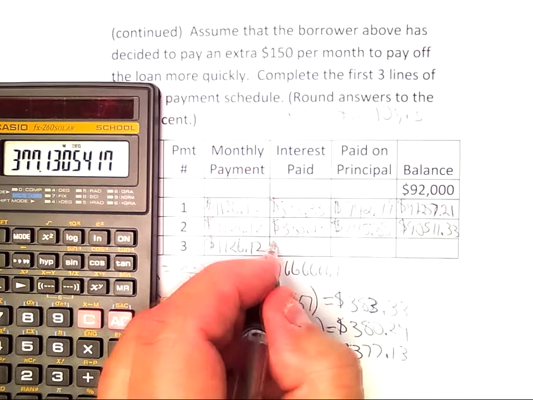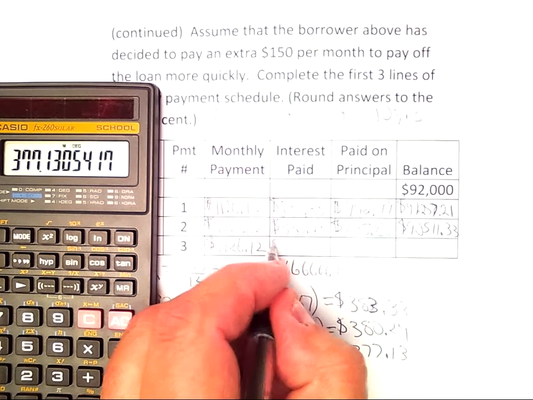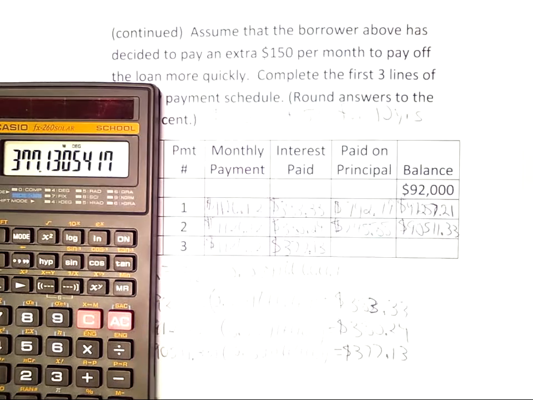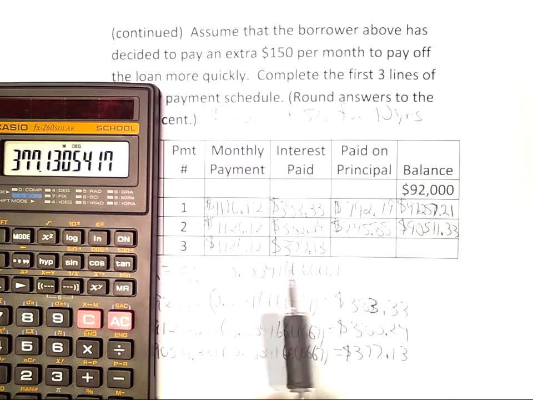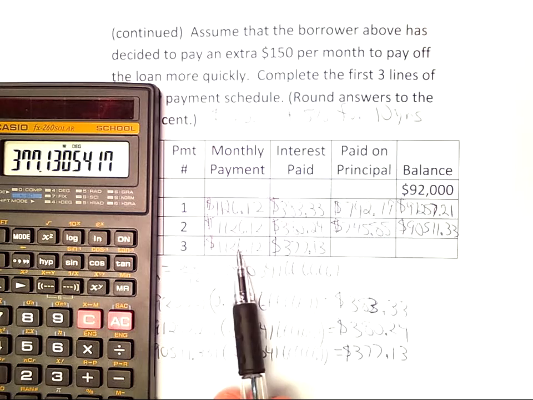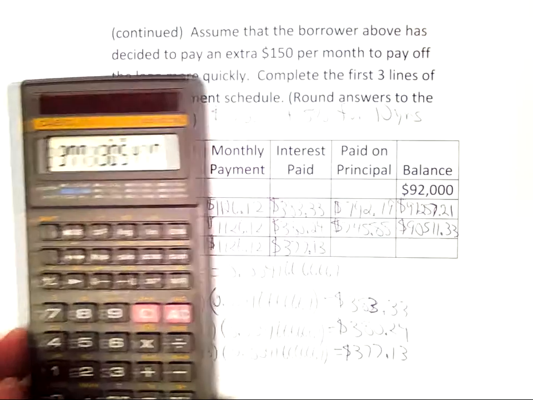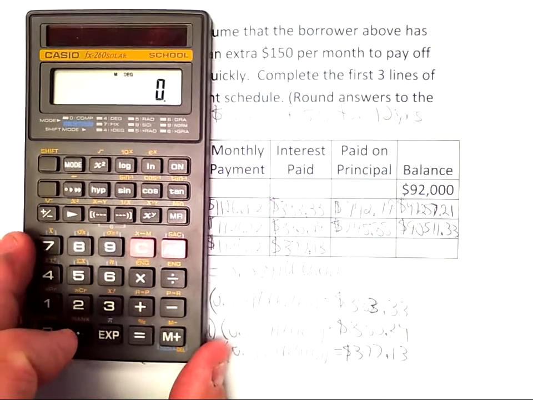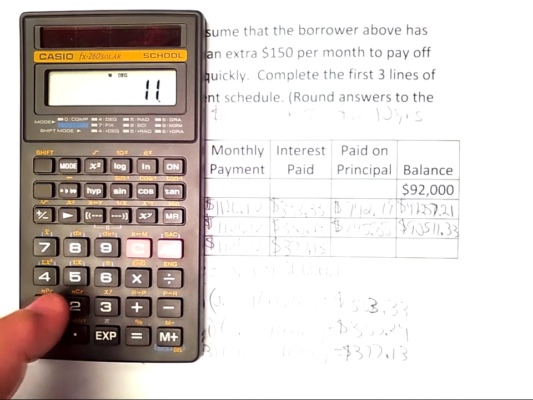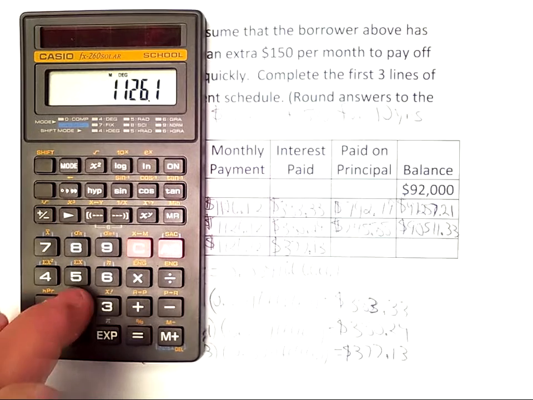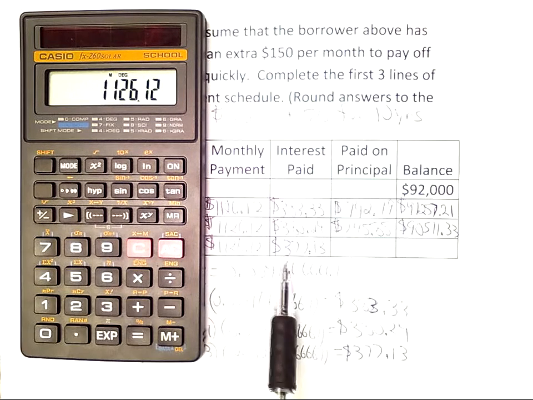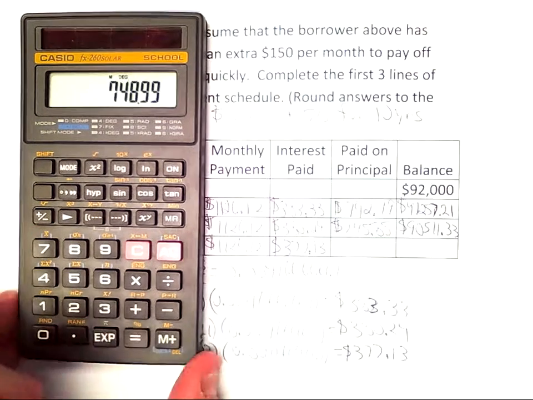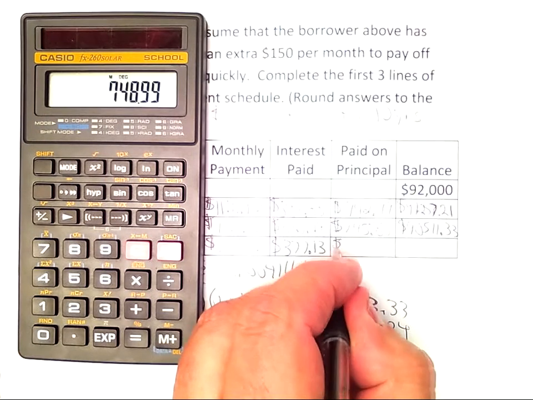I always look for silly numbers that don't make any sense, and that might key you into the fact that you've made some careless mistake. And then, as usual, the interest paid taken away from the monthly payment is the amount paid on principal. So if I take the 1126.12 and subtract off the 377.13 and hit equal, I get a paid on principal amount of